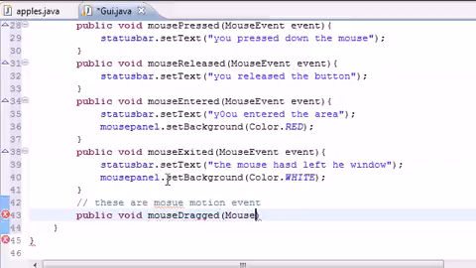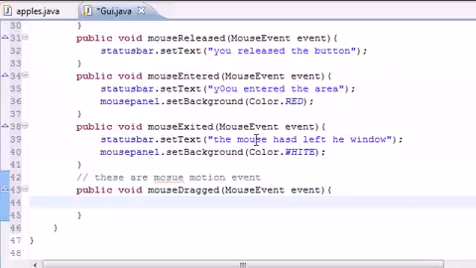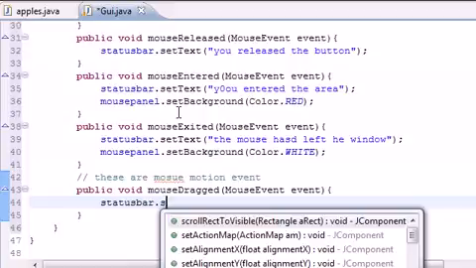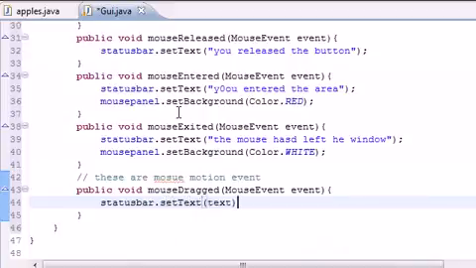So let's go ahead and put MouseEvent, nothing new here. And for the body, what do we want to do when they drag the mouse? There's nothing really we can do except change the status bar dot set text, and we'll set it equal to something like